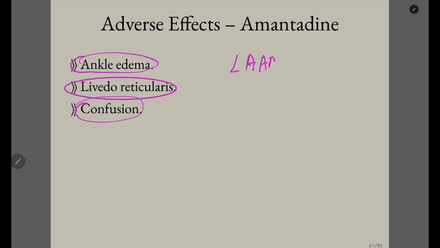LAMAC. Livedo reticularis, ankle edema, Amantadine, and confusion. These are the main side effects, and it can also cause other side effects like hypotension, hallucination, nausea, vomiting, etc. And next group of drugs are anticholinergics. Okay, centrally acting anticholinergics,